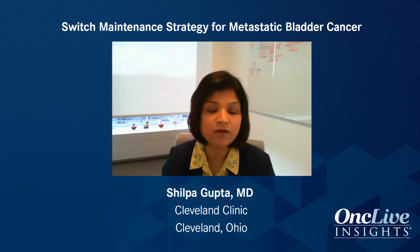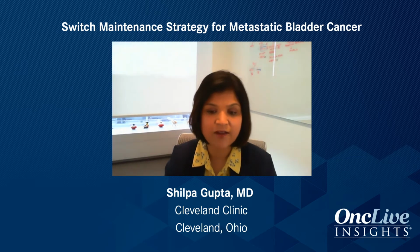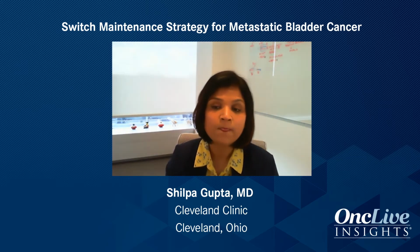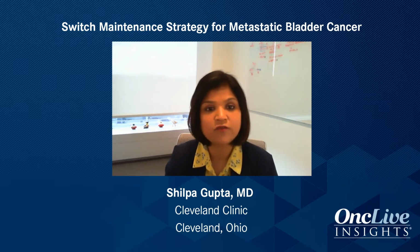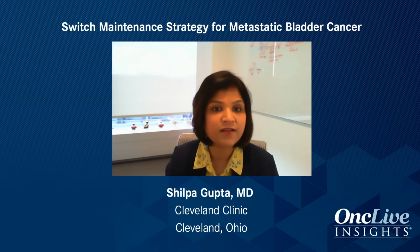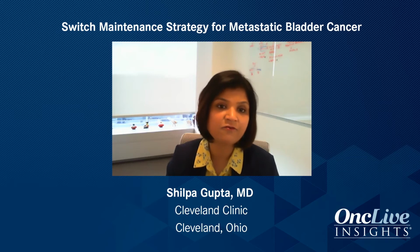And we also did a trial with pembrolizumab as a part of the Hoosier Network study led by Dr. Matt Galsky, where we used pembrolizumab as a switch maintenance strategy. So the whole concept is, instead of putting patients on surveillance, that is those who respond to platinums or have stable disease after 6 cycles or so, we don't treat them until they progress. But as a part of these studies, patients received immunotherapy early on so that we wanted to see if these